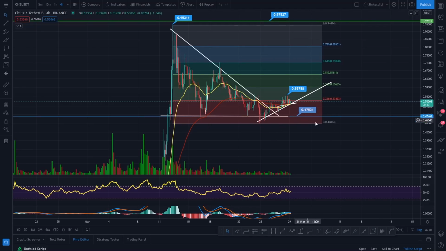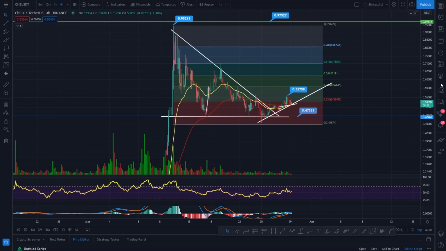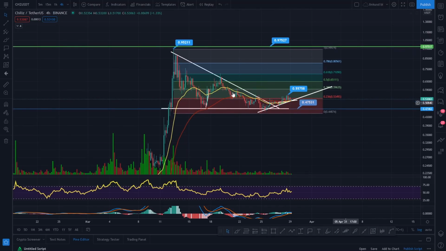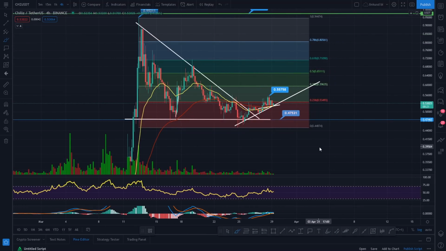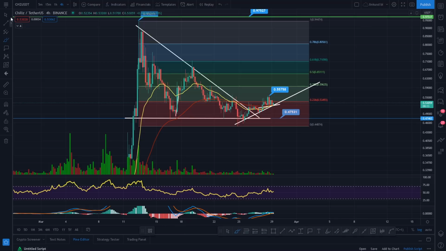So you do need a target that you're potentially going to fall back to, and I'm going to give you that target right now. If CHILIZ was to go on now and not hug this line, not march on, which is a possibility, you've got to always have your common sense that it could potentially break down. It's had really good momentum pushing up. It is bullish. I'm fully bullish on CHILIZ, but I do want to make you aware of the potential fallbacks if there are any. So if you was to see CHILIZ break down, there's one thing that you can target,